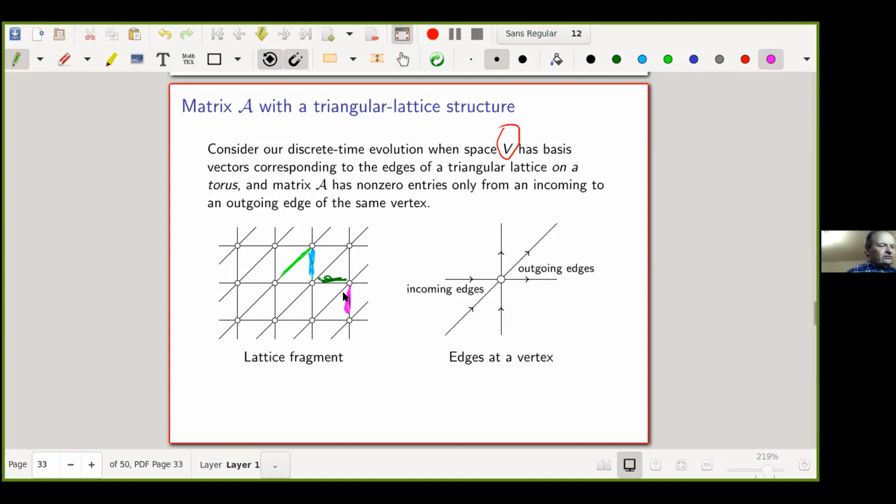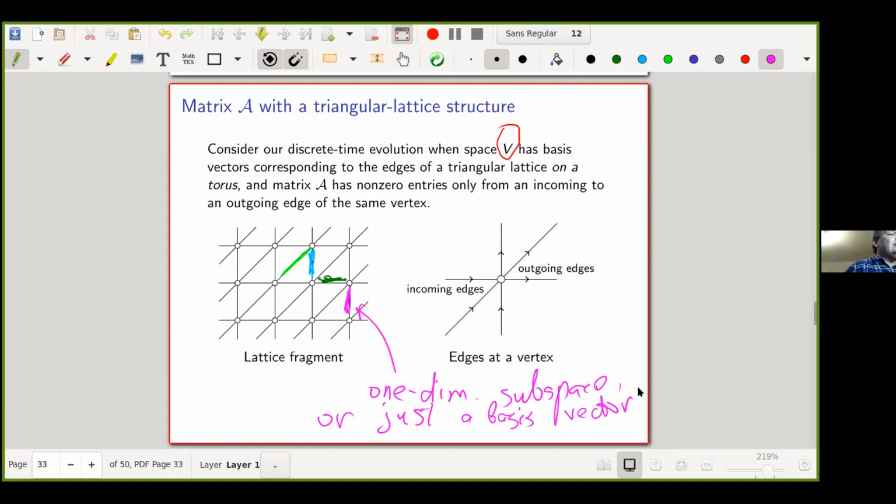So to any edge corresponds a one-dimensional subspace, or just a basis vector, by definition. Okay, then